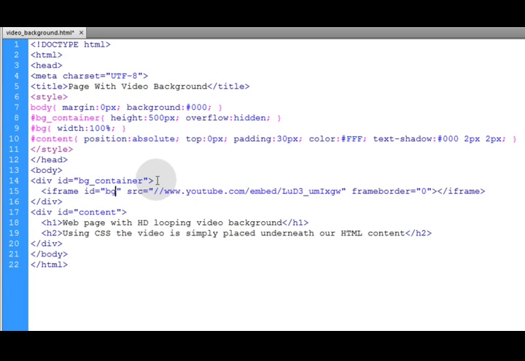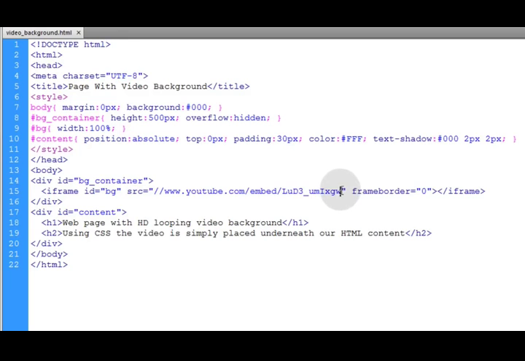Just like the video element had ID of BG, now the iframe has ID of BG. So these properties right here, the width 100% will be attached. And we might have to set the height also for YouTube videos. So let's see what we have, and then we'll add some more